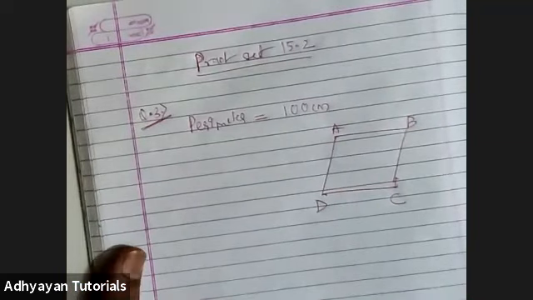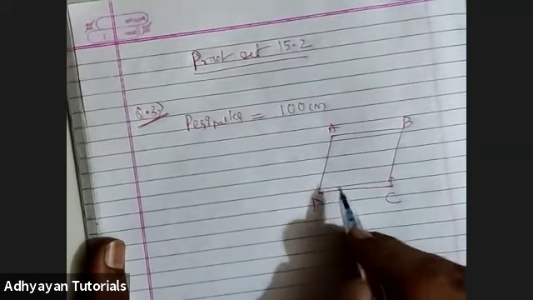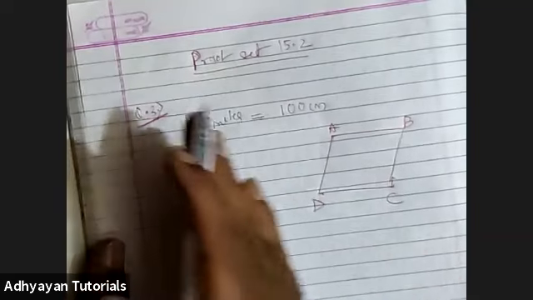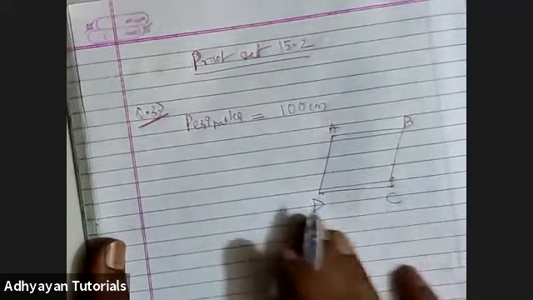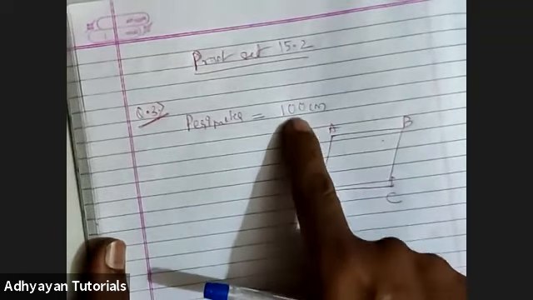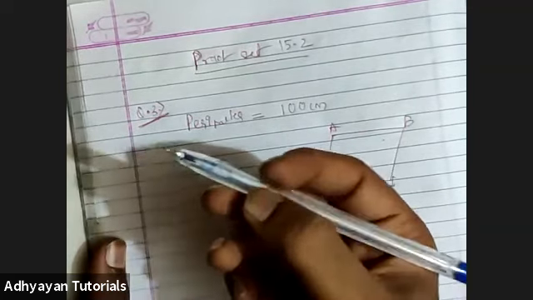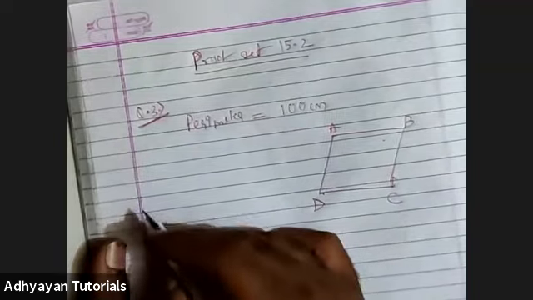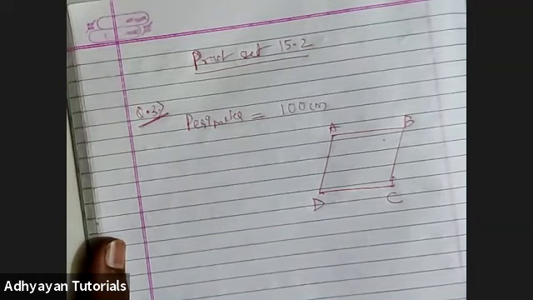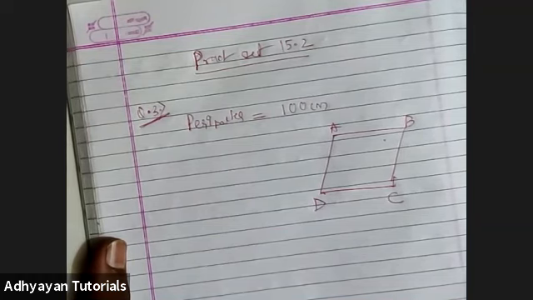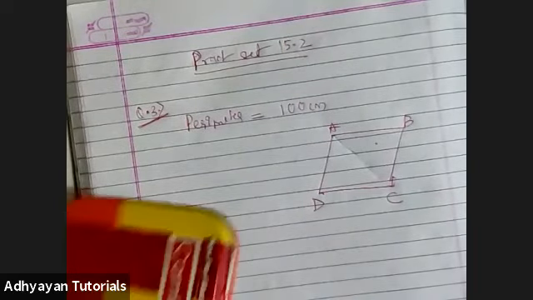I'll try with this. So perimeter is 100 centimeter and I've given the quadrilateral, the rhombus, the name ABCD. So when I state that perimeter is 100 centimeter, that means the sum of all the sides is equal to 100 centimeter. I hope that is clear. Length of one of the diagonals is 48 centimeter. So when you connect, I'll use the pencil.